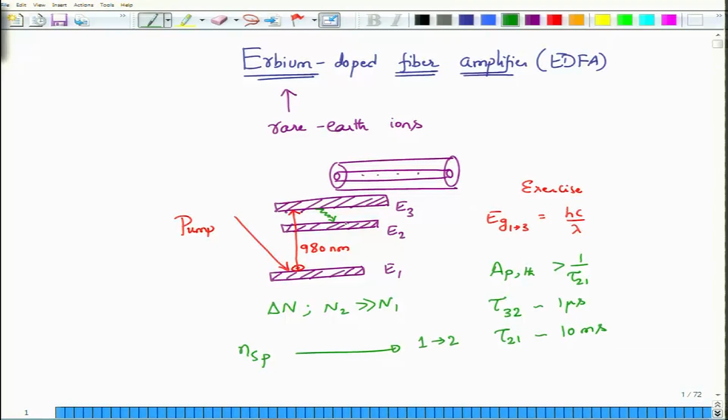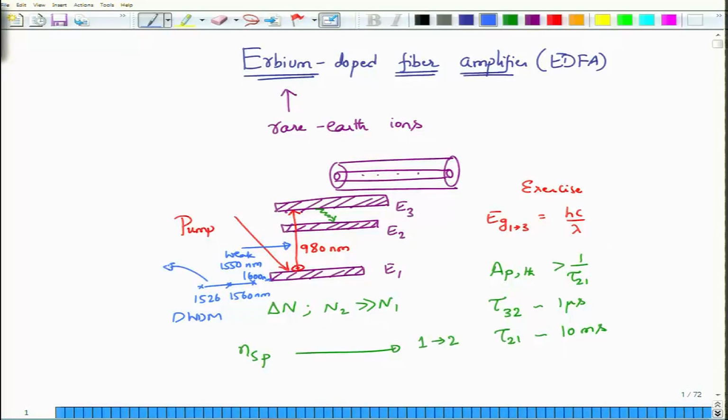And now when you apply an external signal, which is weak and is in the range of 1550 nanometer, there is actually a small band of wavelengths over which this particular signal has to be applied, over which you actually get gain, and that band is usually 1526 to 1560 nanometer, which is of course perfectly fine for us, because most of the DWDM channels are also located in this band. Of course, there is also an extended band up to 1600 nanometer.